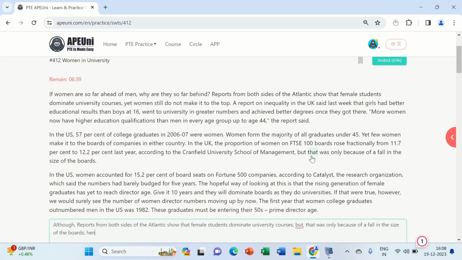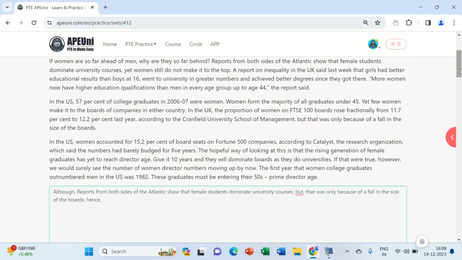Now semicolon, give a space, then write the connector hence, comma, then give a space. So you can choose the third sentence from the third paragraph here.